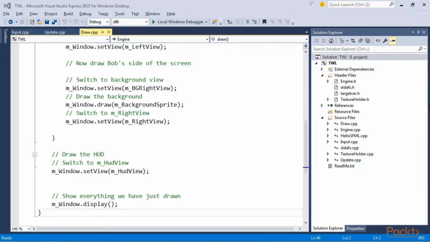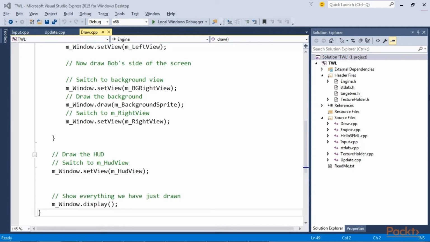What we have achieved is the abstraction of all the code that used to be in the main function into the input, update, and draw functions. The continuous looping of these functions, as well as the timing, is handled by the run function. As you can see here, the Input.cpp, Update.cpp, and Draw.cpp tabs are open in Visual Studio. I've organized them in order. We will revisit each of these functions throughout the course of the project to add more code.